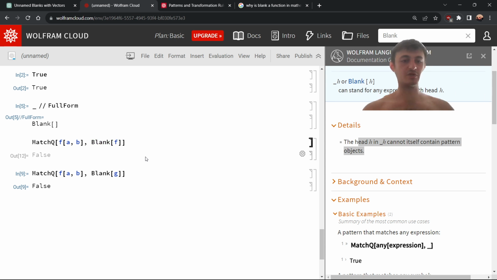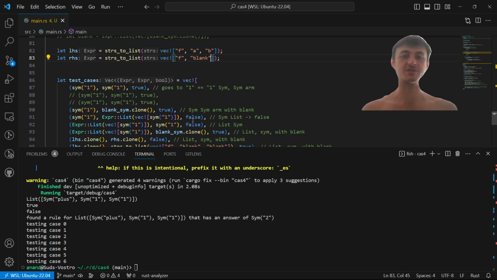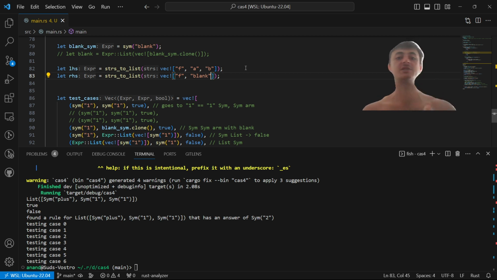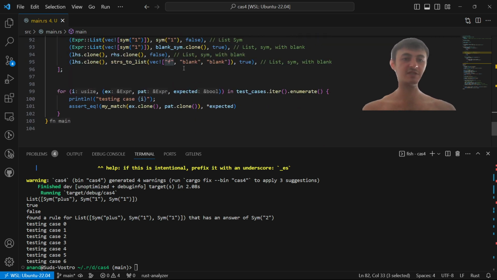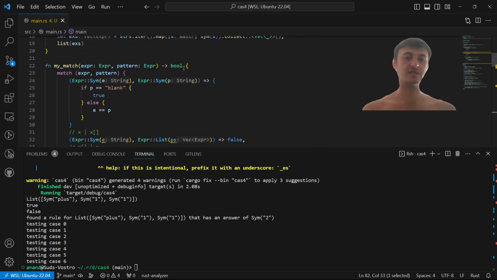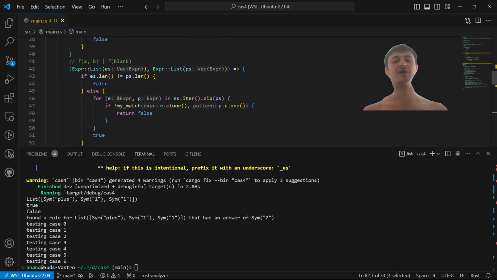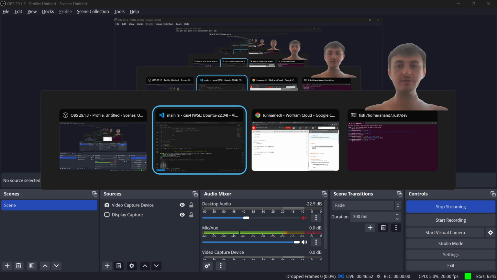But anyways, we're going to switch from thinking about blank as just a symbol that matches any wildcard to something that can optionally match a list conditionally based on its what's called head in Mathematica terminology. So I feel like this is a pretty good start. It's like 100 lines of code that gets you started with blank pattern matching. But we're going to extend this to the